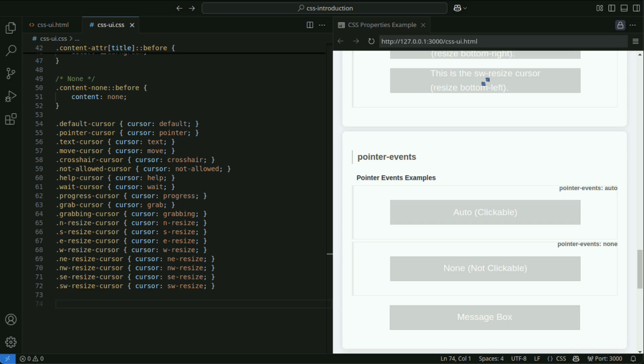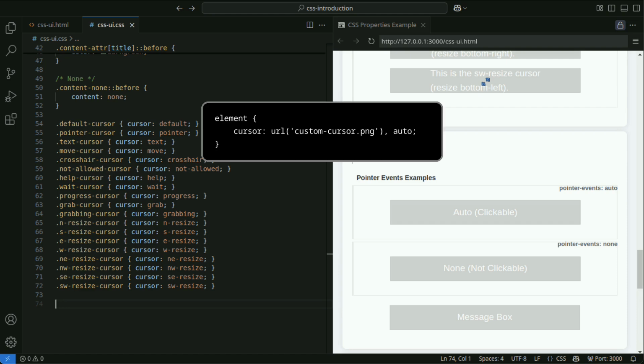SW-resize, a resize cursor pointing to the lower left. It is also possible to specify a custom cursor using URL. In this example, custom-cursor.png is the image file for the cursor. If that image is not available, the browser's default cursor is displayed with auto.